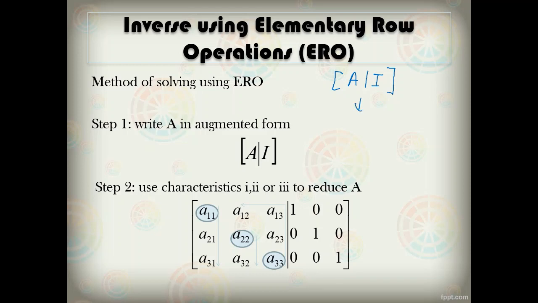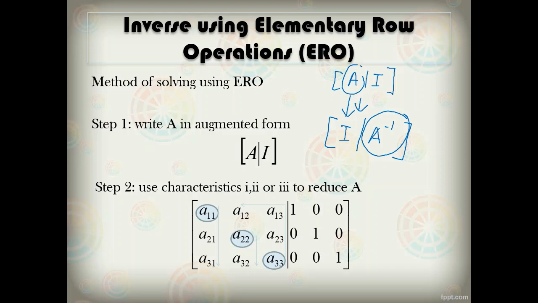Now our aim or end product is to reduce A here to become the identity matrix, so that the right hand matrix will also change accordingly to the operations and become our inverse. So this is our inverse. Alright, so the rule is we will reduce matrix A,